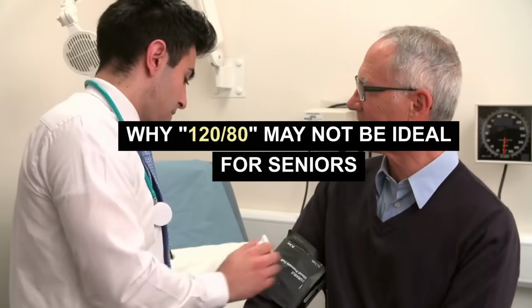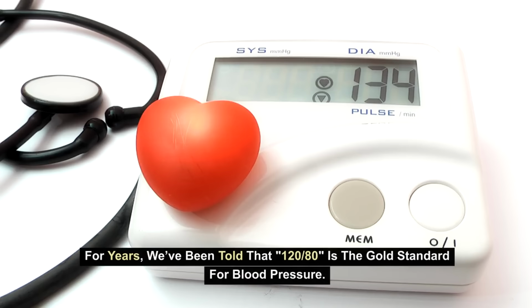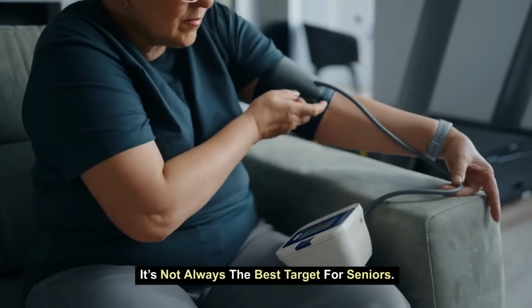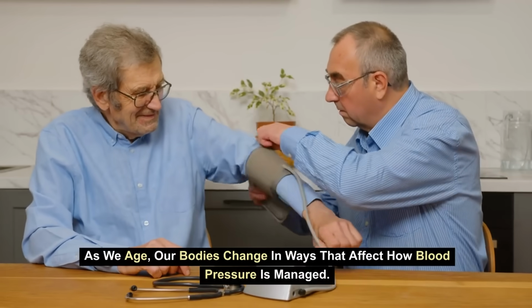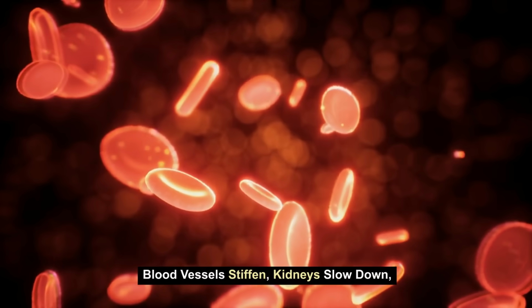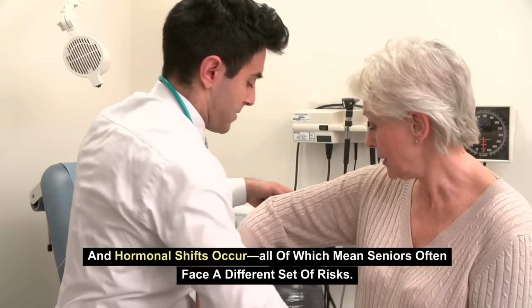Why 120/80 may not be ideal for seniors. For years, we've been told that 120/80 is the gold standard for blood pressure. While it's a solid benchmark for younger adults, it's not always the best target for seniors. As we age, our bodies change in ways that affect how blood pressure is managed. Blood vessels stiffen, kidneys slow down, and hormonal shifts occur, all of which mean seniors often face a different set